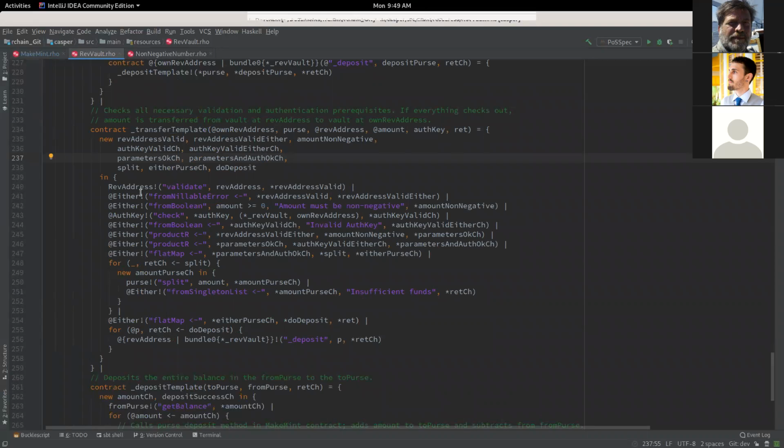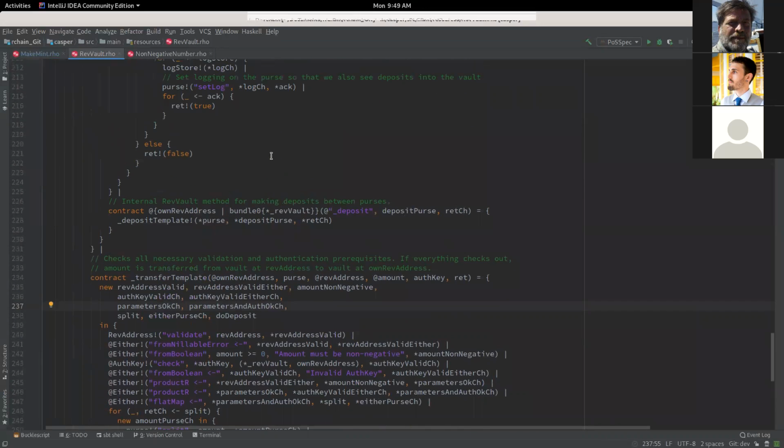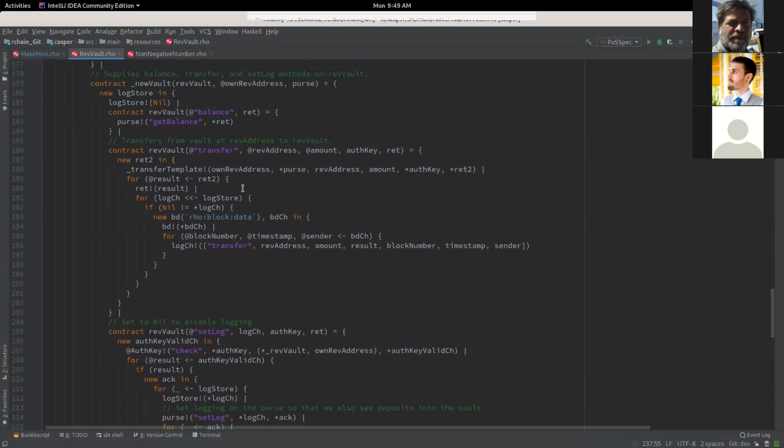What I was just saying is the first thing: it's horrible to try and keep track of all this stuff, like rev address and purse and so on. Basically, we have our rev address and we want to transfer to this particular vault.